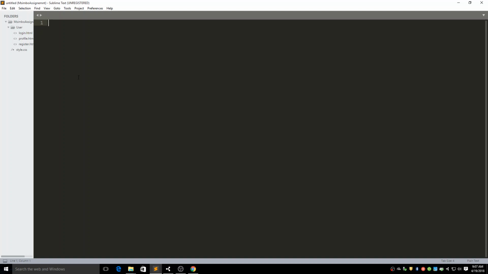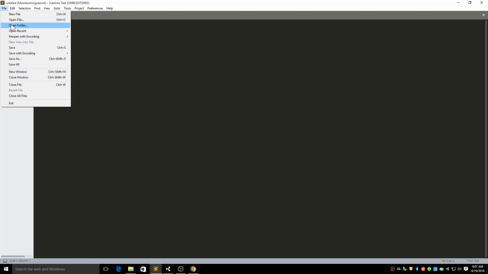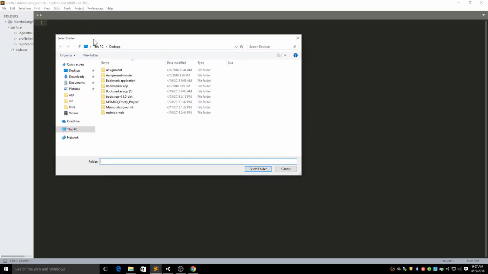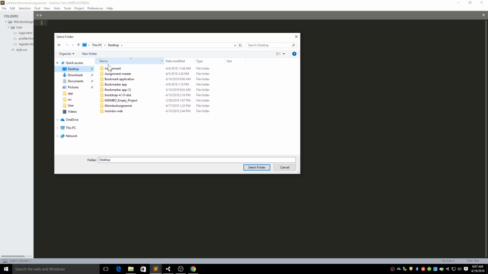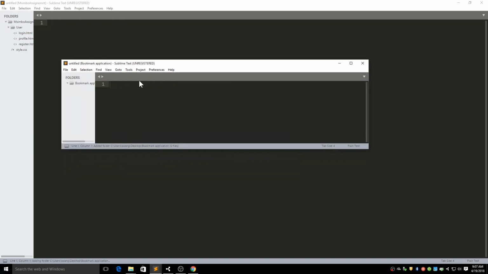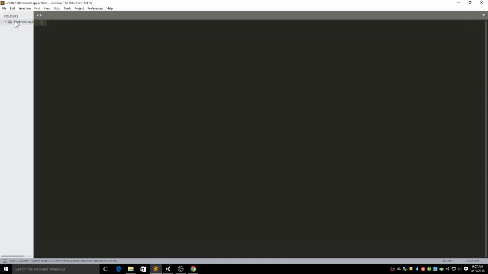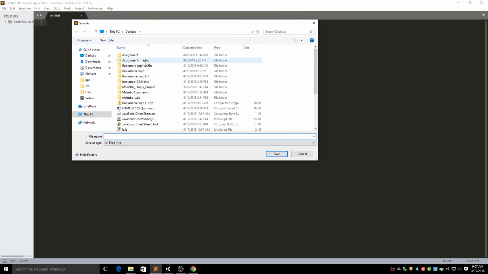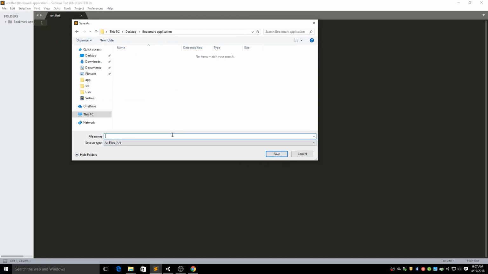So let's open Sublime and go to File, Open Folder, looking for the folder I just created. It's on the desktop, called bookmark application. Okay, select this folder. It's empty right now, and let's create our first file here. So File, New File, and just Ctrl+S to save it. Save it to the bookmark application folder. It's right here. Open it. Okay, save it here. And then it will be